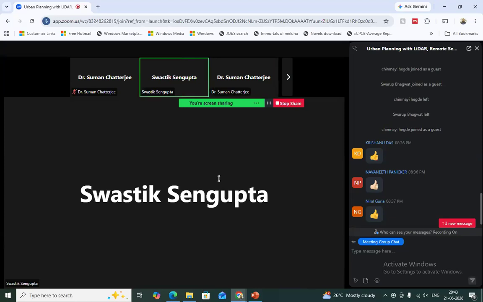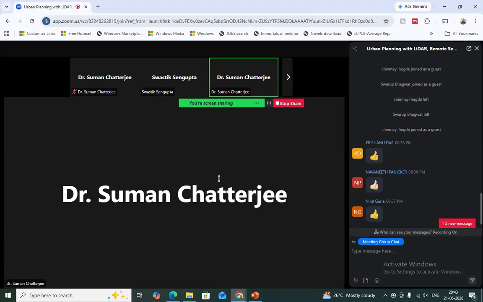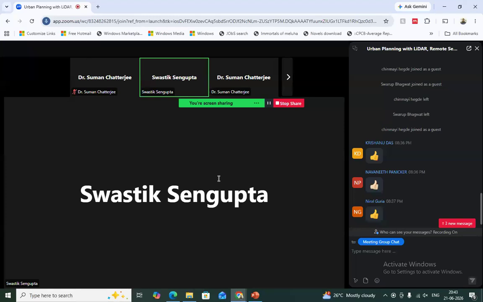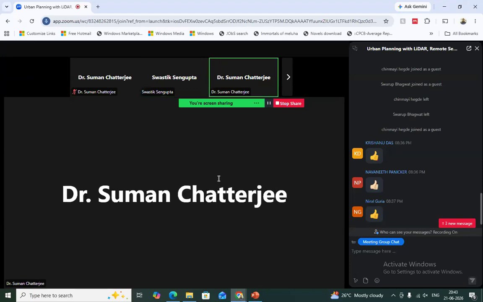But definitely it will improve if you have real field tracking data. The tracking movement data is a must for these software to correlate and work. No, not a must. I am just saying that it will be better. Your accuracy will be much better, but it is not essential. You can still perform the analysis, but providing the tracking data will definitely help.